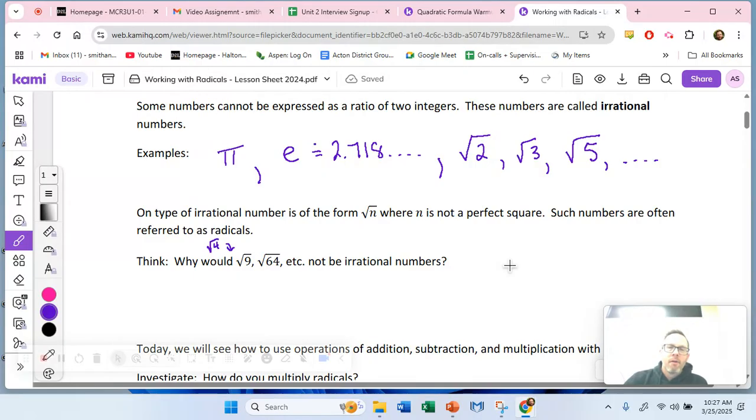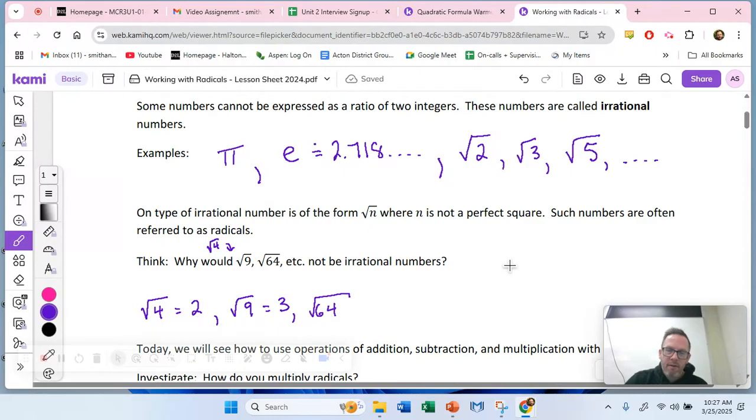So you guys can jot this down. The root of 4 is equal to 2. The root of 9 is equal to 3. The root of 64, since I listed it there, that's a little off center. The root of 64 is equal to 8. But like the idea is, these are